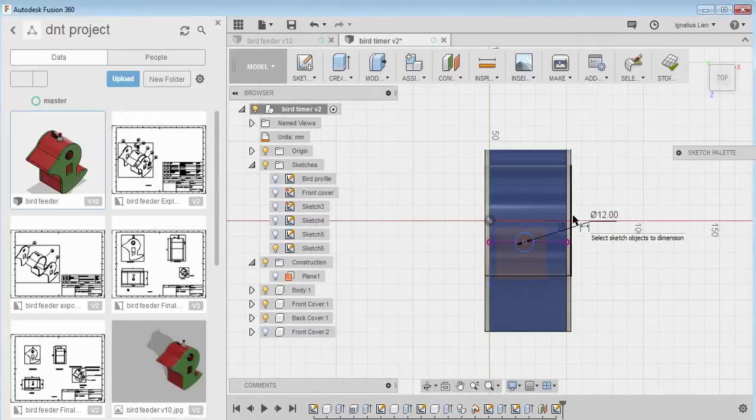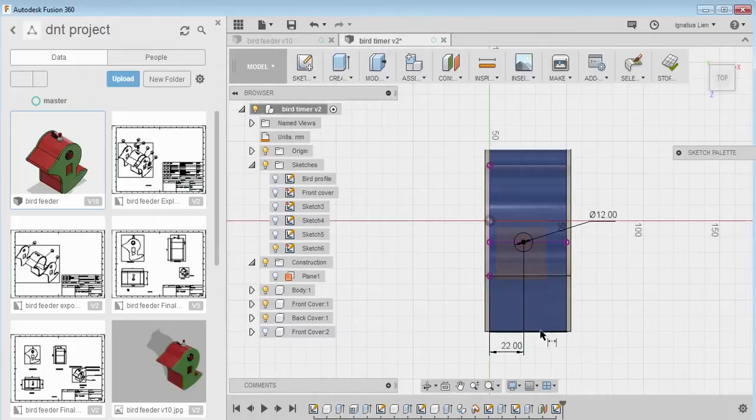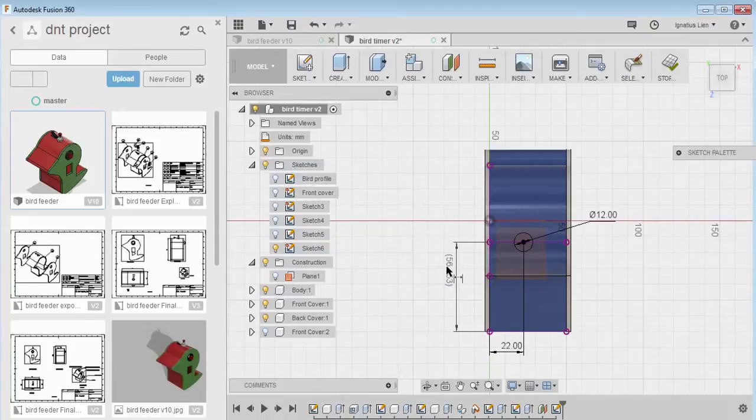Remember to put the dimension with respect to the location. Maybe I want whole number 22 on one side, and maybe on this side. Okay, it's over constrained because it's at the center already. Why you do this is so that later if you want to shift the hole, it will be easier to shift.